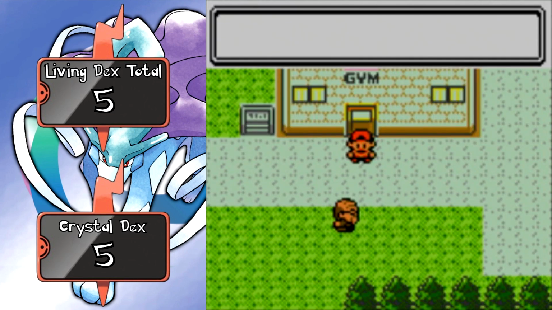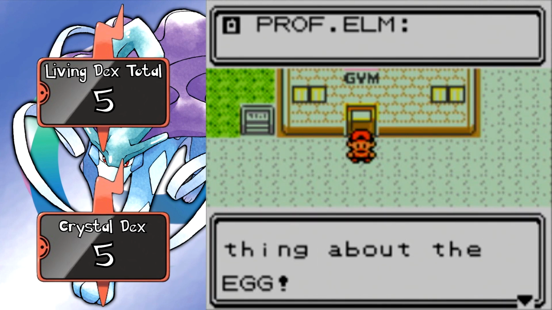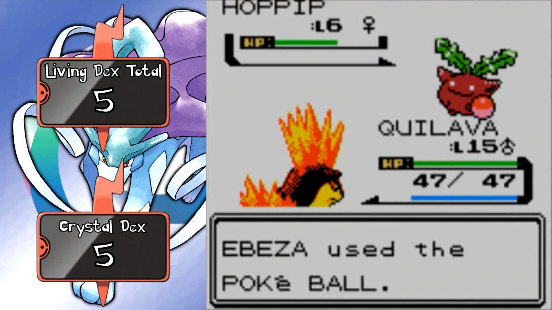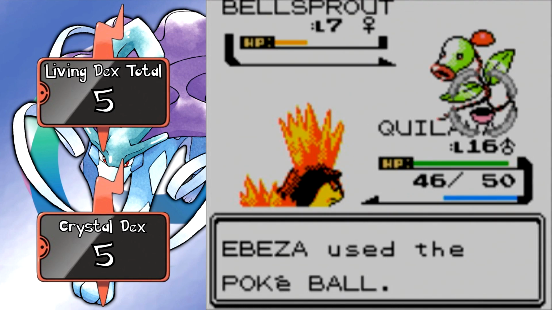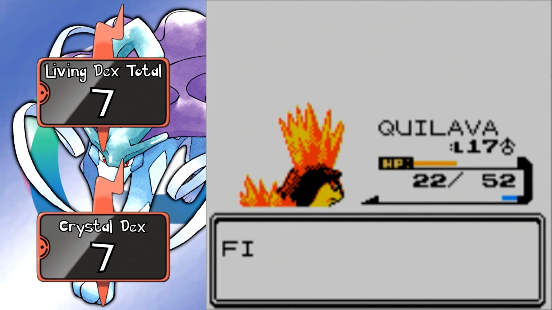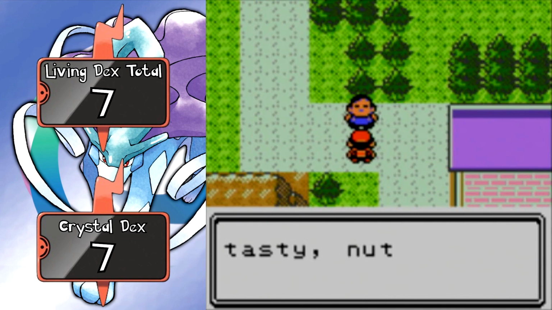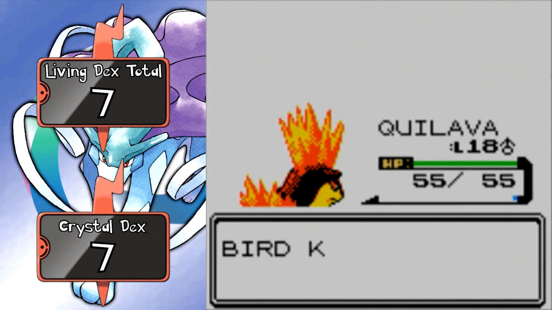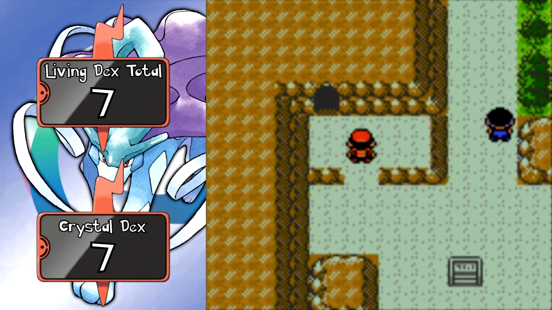Once Faulkner was defeated, Professor Oak called and asked me to carry an egg with me on my travels, so I collected the egg from his aid and headed out of Violet City onto Route 32. There I caught 2 Hoppip and a Bellsprout. I accidentally knocked out a Rattata, and I very deliberately wiped the floor with 7 trainers. I kindly declined this man's offer, received this man's old rod, took out 1 more trainer, and entered Union Cave,